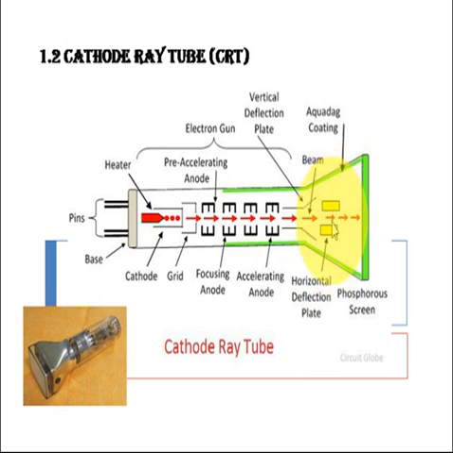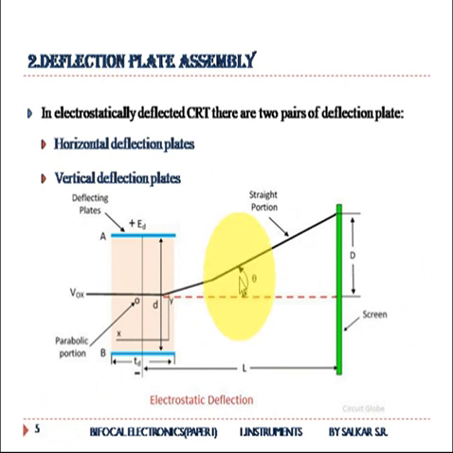So the function of the deflection plates is to move the signal either horizontally or vertically on the screen. We use the vertical deflection plate and horizontal deflection plate. This is the deflection plate assembly. It shows us how the signal moves vertically on the screen. As the electron beam comes in a straight manner, it passes through the vertical deflection plate, which changes the direction of the electron beam and places it in the vertical direction on the screen of the CRO. This green color is the screen of the CRO.